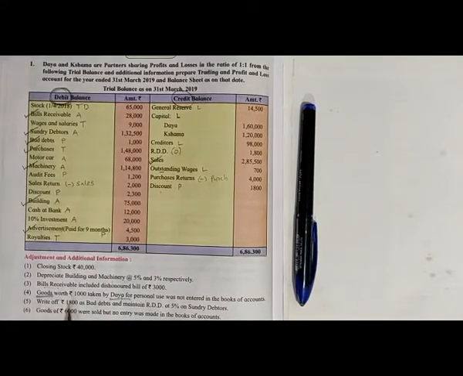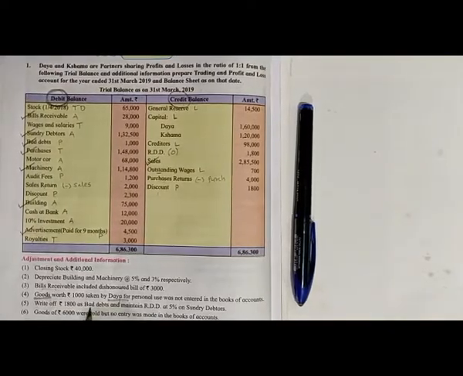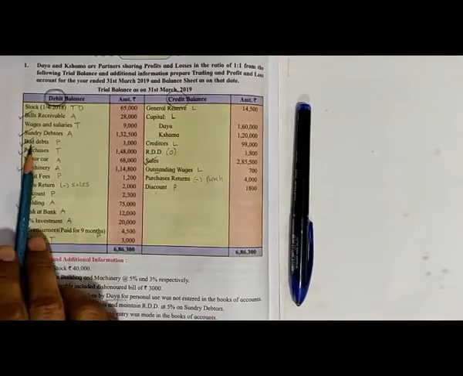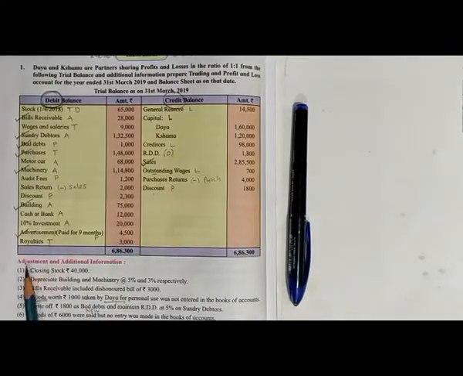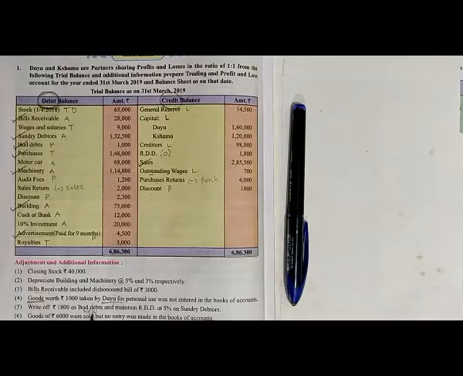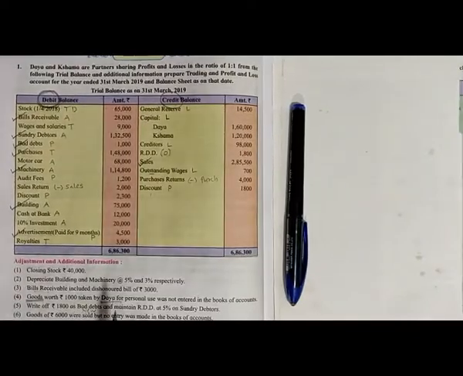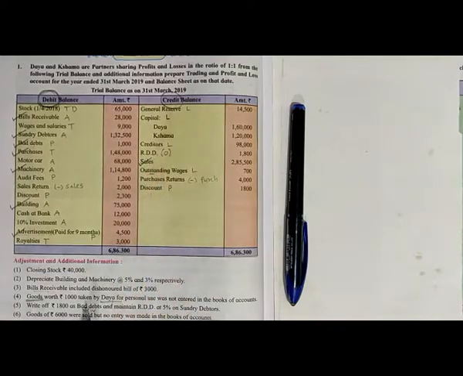Write off rupees 1800 as bad debts. This is considered to be the new bad debts. See, bad debt appearing in the trial balance is old bad debt, and bad debt appearing in adjustments is new bad debt. If you remember, the formula for bad debt on the profit and loss account debit side is: bad debts old, add new bad debts, add new RDD and less old RDD. So this is new bad debts.